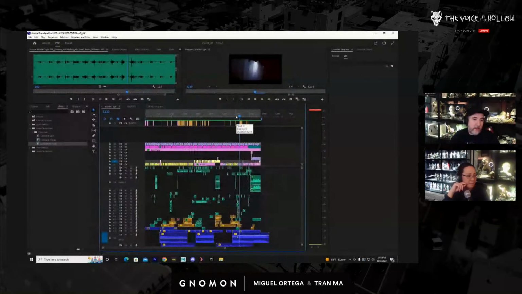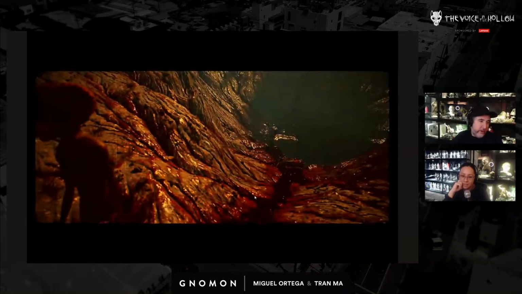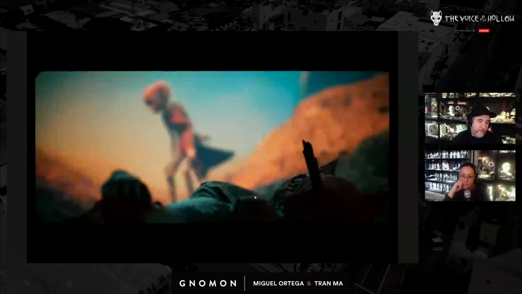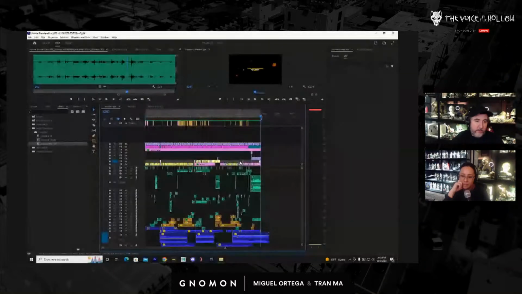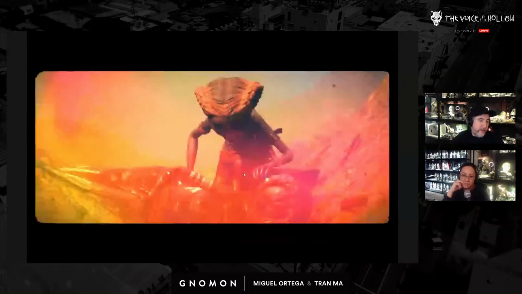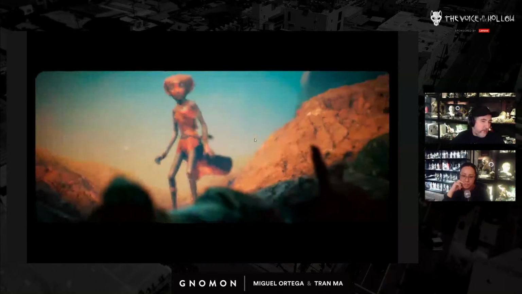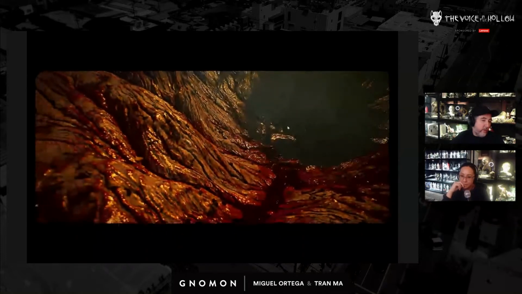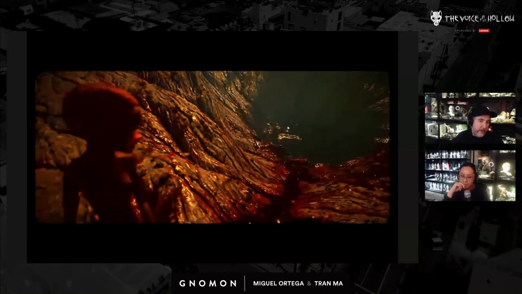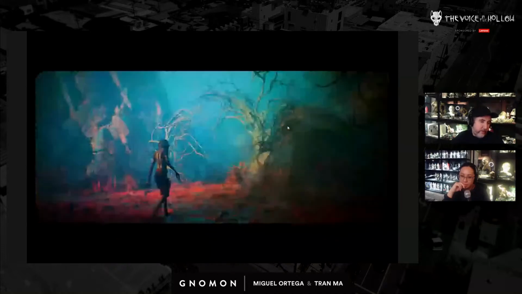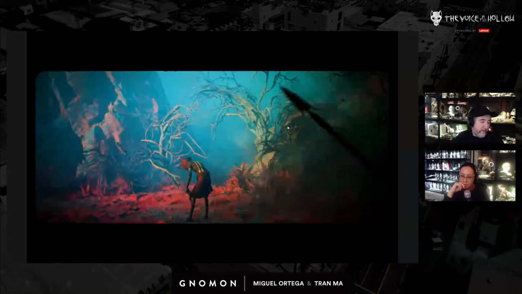Yeah, so that's it coming together. You can see this is the one shot that is not done from this part, and you can just see it's so freaking ugly. I don't know what happened there, but the rest of it is pretty consistent. When you look at this, you don't think the lighting is changing from shot to shot. It all feels like it's from the same place. This one, of course, does because it's not finished. But you cut to this, and this is a different part of the set.